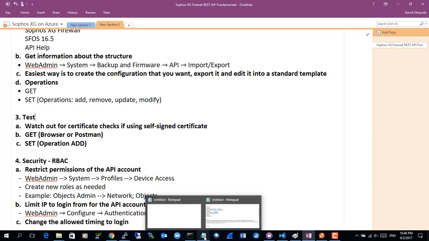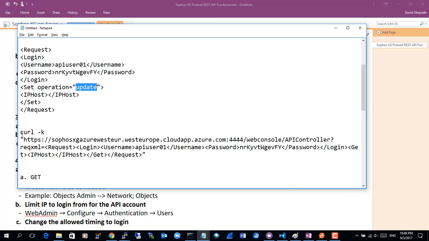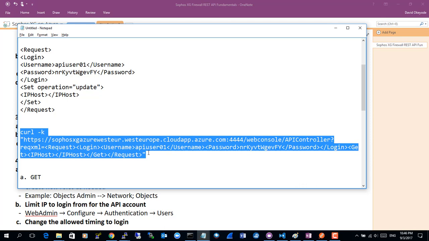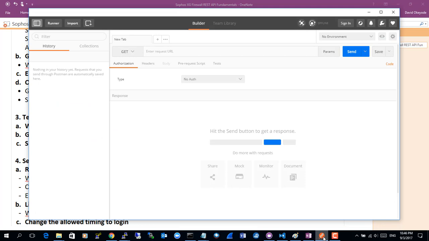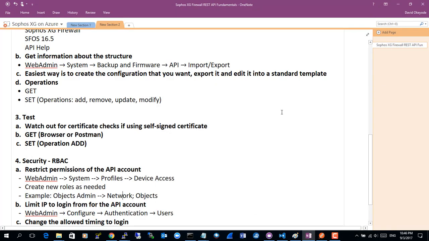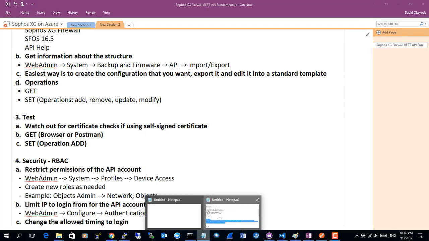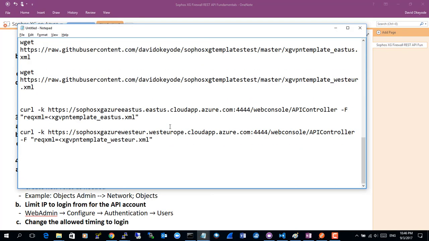Now the first one that I showed you, by using curl from an Ubuntu command line, I could also just use a browser, or I could just use something like Postman. So I've got Postman installed on this. I won't be demoing Postman today, but I could just use a browser. So as an illustration,